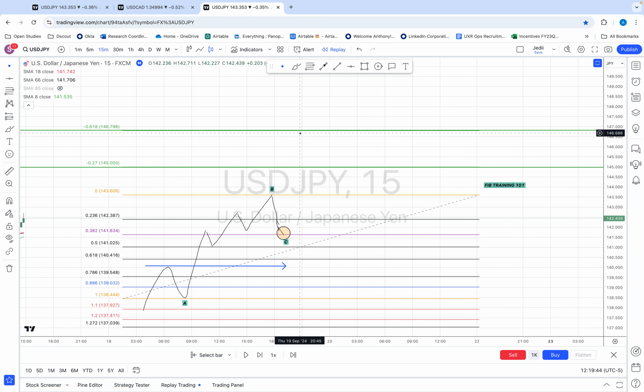Now, the thing about those is that at this point, I'm holding the market until it comes up here and hits TP. To be honest, I pretty much only hold trades towards the -27. I don't really look to hold the trade to the 61.8. That's just me. I feel like at that point, this trade to here is a really good amount. I mean, even on this chart, this would be